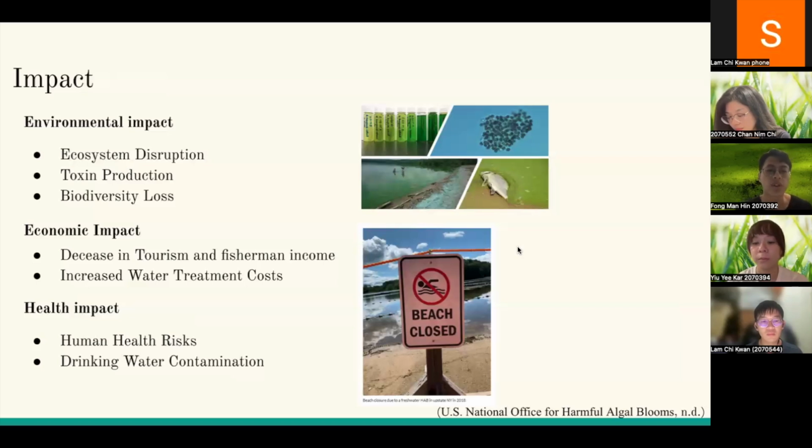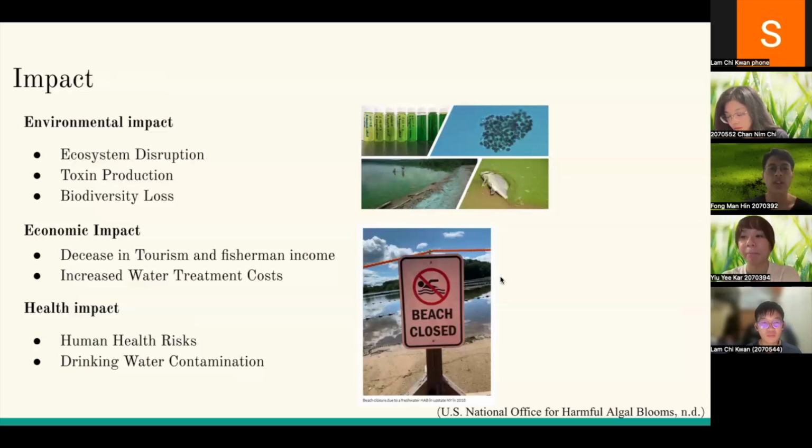For water treatment costs, water treatment facilities may need to invest in advanced technology to remove toxins from drinking water, raising operational costs. Here is an example. The average annual economic impact of HABs in the US is estimated at 10 to 100 million, and costs from a single major HAB event can reach tens of millions of dollars. For the health impact, human exposure to toxins can cause respiratory issues, skin irritation,